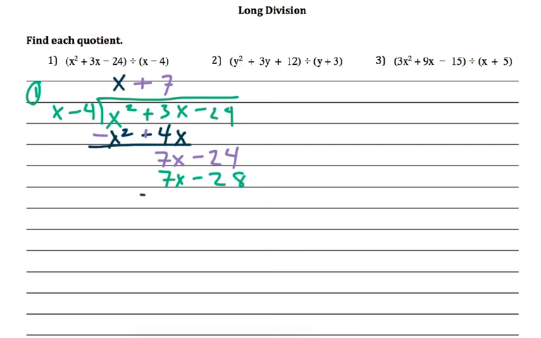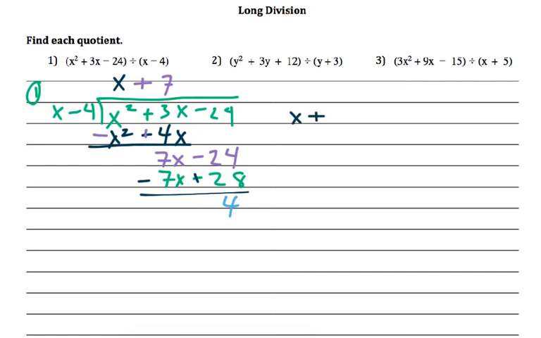Then I set up my line again, and when I go to subtract it, it changes the sign on this value as well. 7x goes away, and negative 24 plus 28 gives me a positive 4. And now it's not like I can fit x into 4, because there's no x term showing up. So what this means is that my final answer is going to be the result of what happened when I divided,